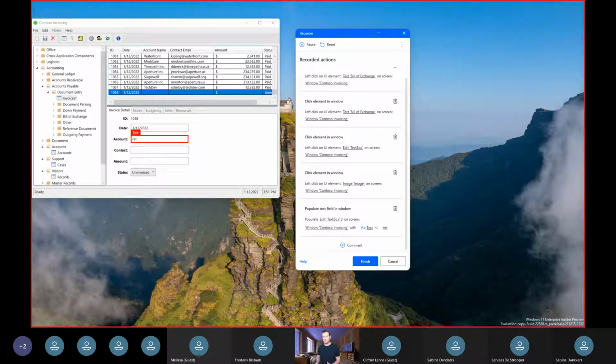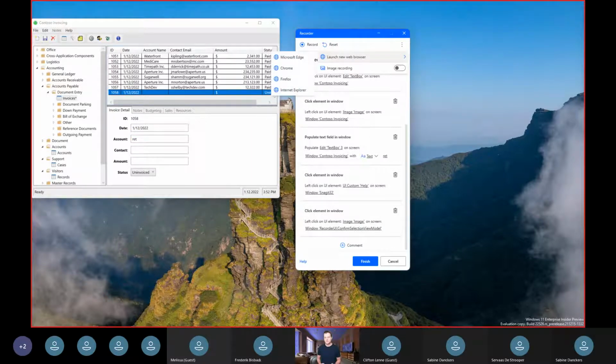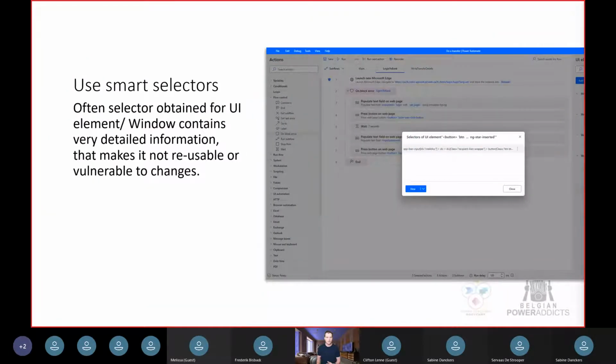And once you finish the recording, you just have a long list of different steps which you don't necessarily need. Plus, the UI selectors which will be recorded this way might not be very precise or might not be possible for the RPA to discover later. So what I encourage you, just don't use recorders. Try simply to grab the selectors on your own and then build the logic on your own. Now, when speaking about selectors,